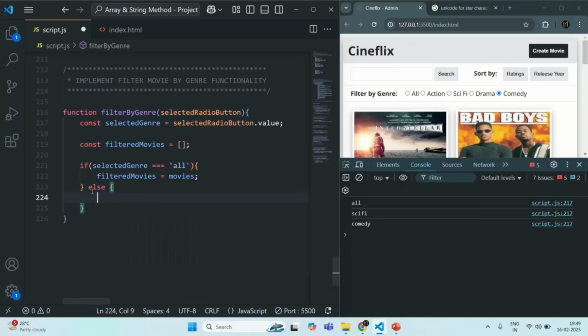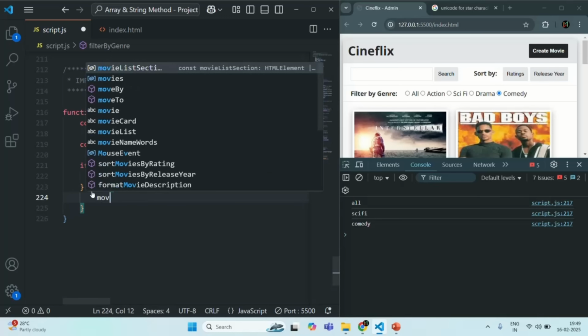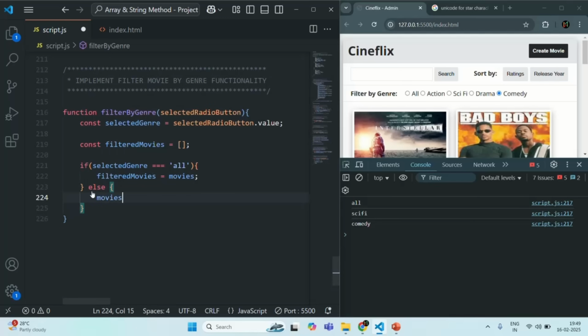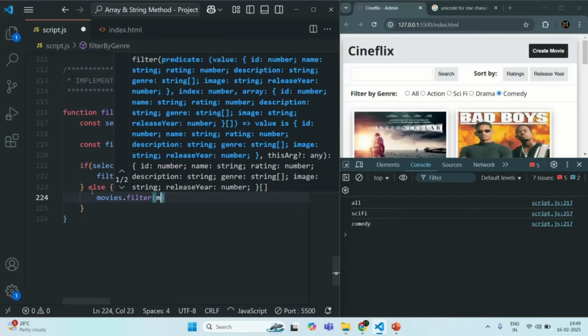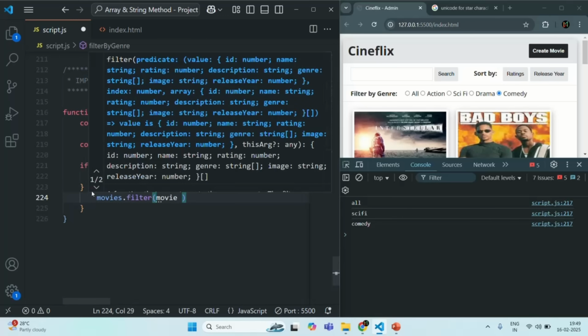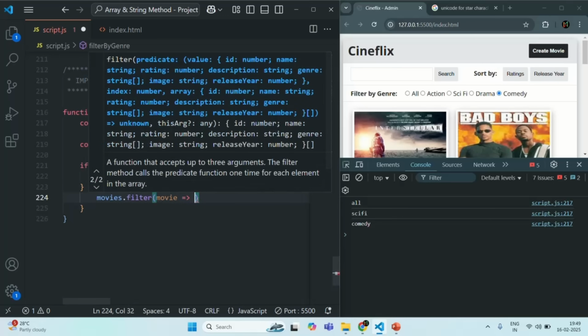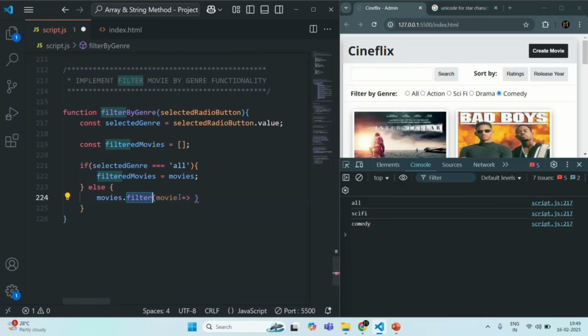Inside this else condition, we are going to use the filter method on the movies array. So here we'll say movies.filter, and here we want to filter those movies. For each iteration, we are going to receive a movie object in the callback function which we are passing to this filter method. So for each movie, we want to check if